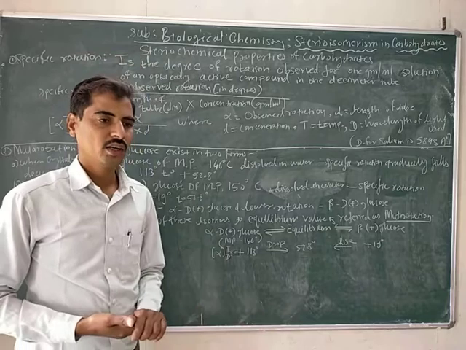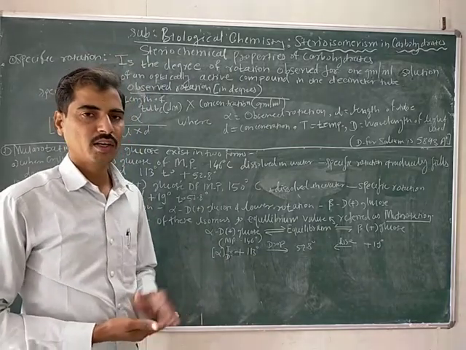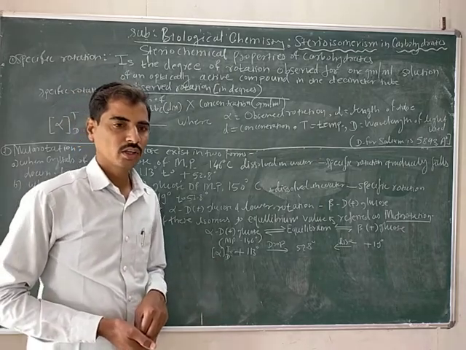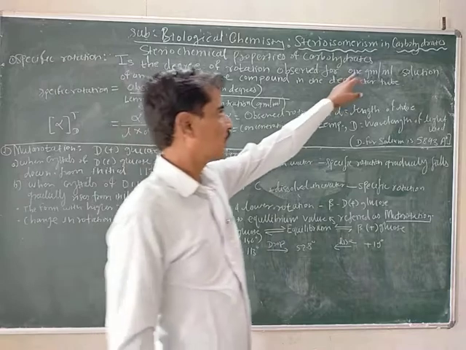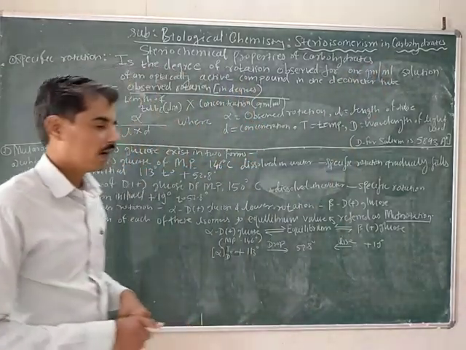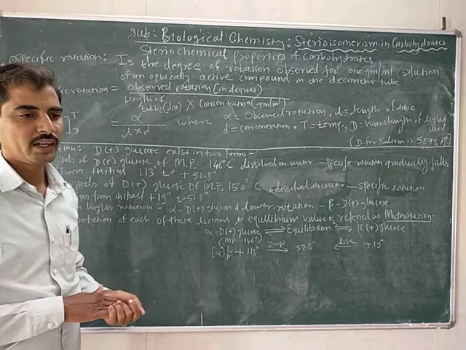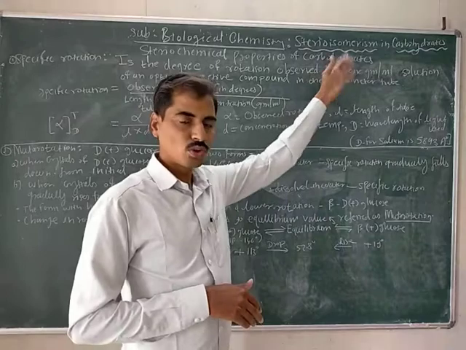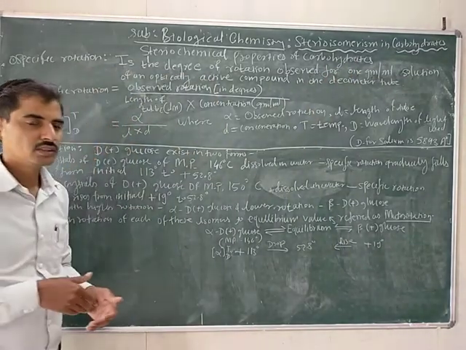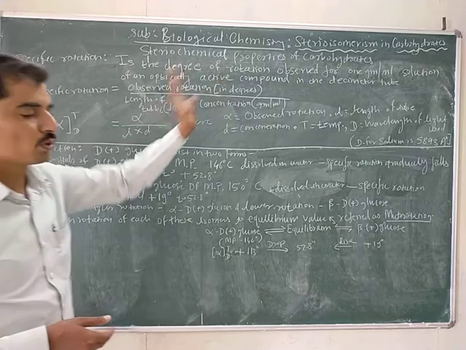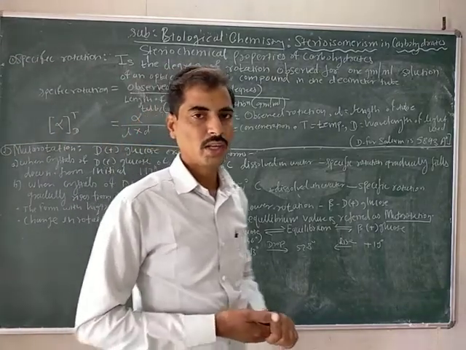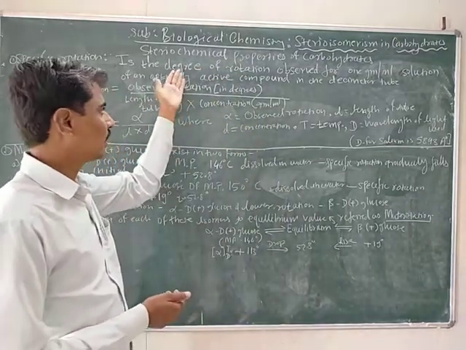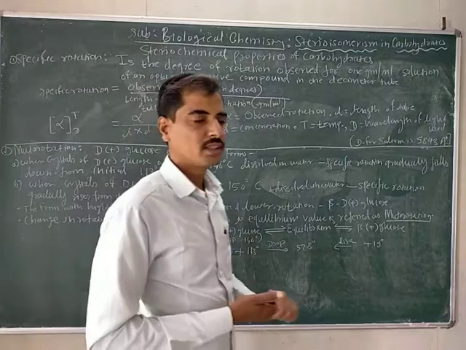If we take a tube having a length of 1 decimeter, and add a solution of concentration 1 gram per ml, and pass monochromatic light through this tube containing the solution, then there is a change in the degree of rotation of the monochromatic light, and this change in the degree of rotation is known as the